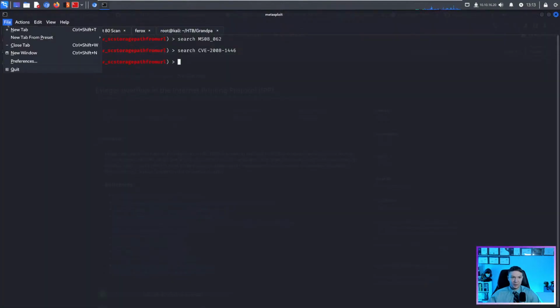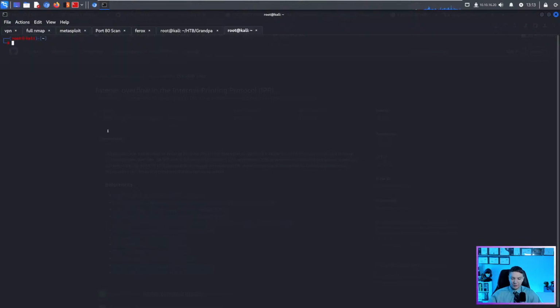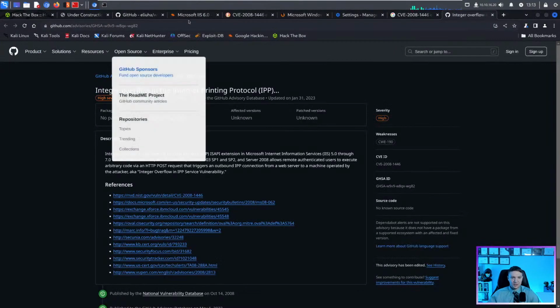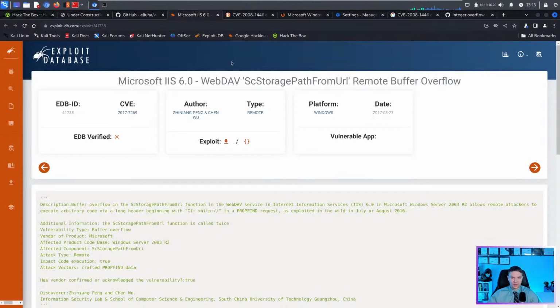Let's open up a new tab here. Search exploit this. Nothing, dude. Huh. Dude, the only CVE that I'm finding vulnerabilities for is for this, but